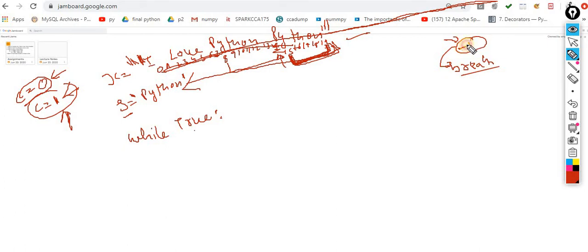Now there are two cases of -1. The first case is when you didn't find it in the first iteration. For example, understand my meaning: I write s.find of z in the first iteration, 0 to 20. In this case, immediately the output would be -1. That means z is not present in the entire string. So when z is not present in the entire string, I have to break the process. That means I have to break this while True loop. Okay, this is one case.